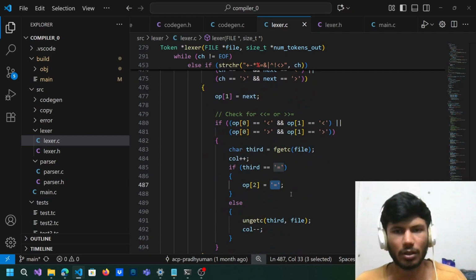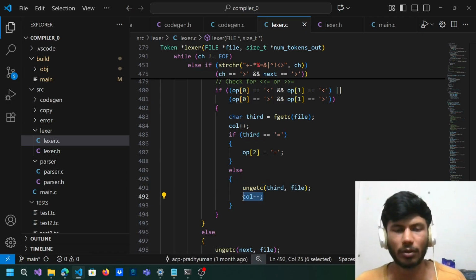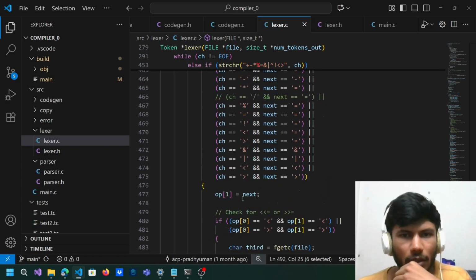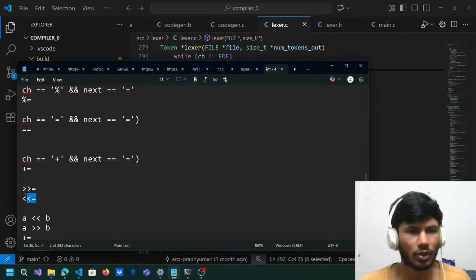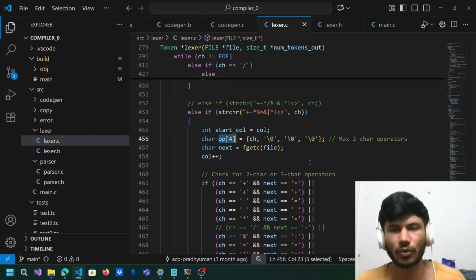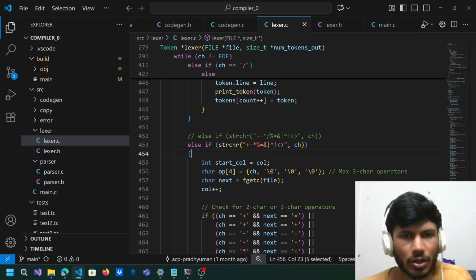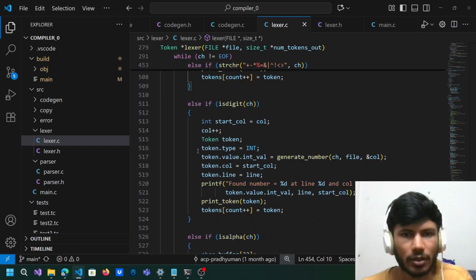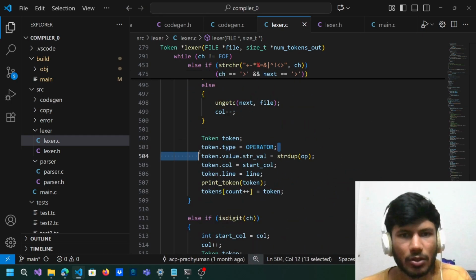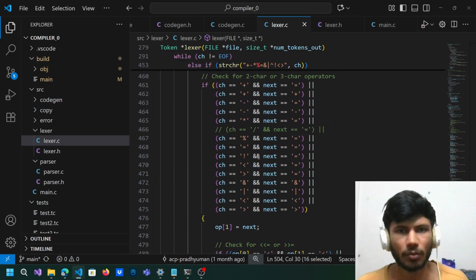In which case, we'll see that no, we have to unget it, and we have to minus the column. So this case has been handled here. That's why we had operator count as 4. This array is 4 characters long, right? So finally, this entire case here, these are all operators, right? So that's why I'm handling it as token.type as operator, and the string value is going to be this OP